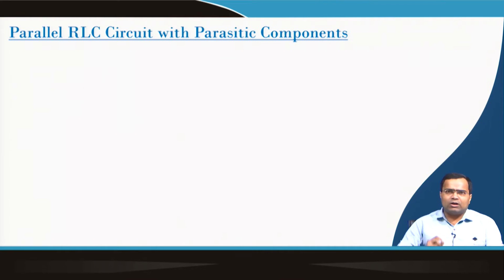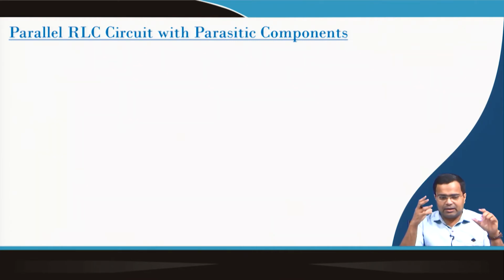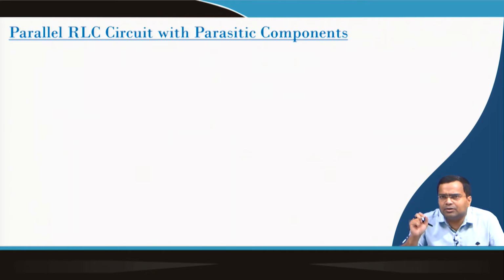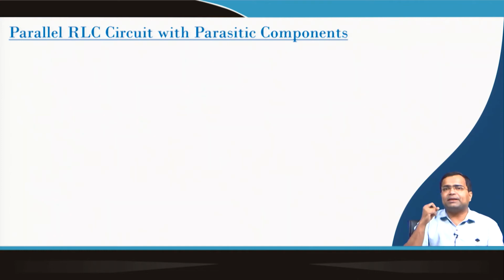Now, whatever we discussed, we have used ideal inductance, capacitance and resistive components. But now, we want to consider practical parasitics. For example, if you take an ideal inductor, the inductor will have some terminal lead where there will be parasitic resistance. That means we need to consider the resistance of the inductor, and this resistance will have an effect at low frequency, particularly for DC.